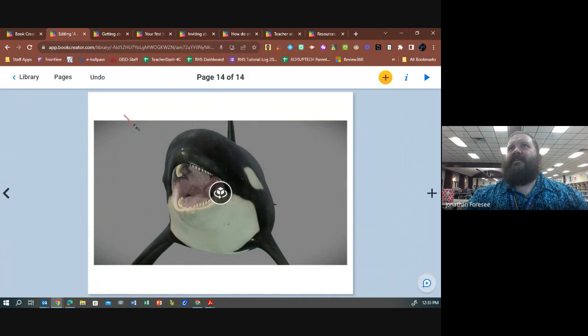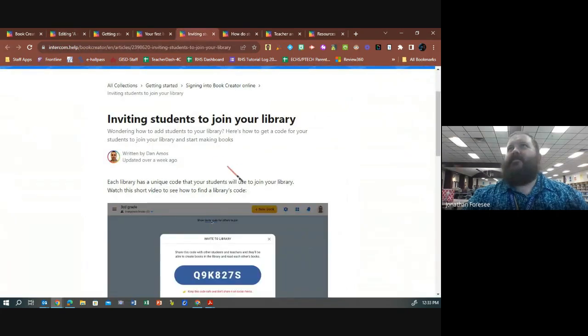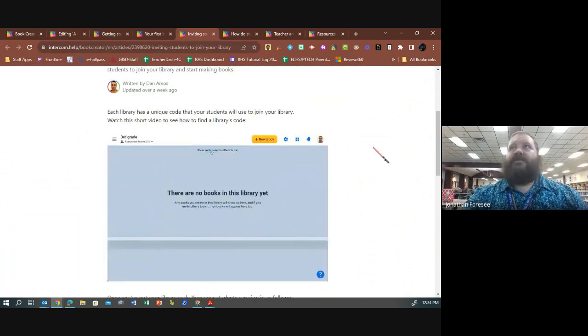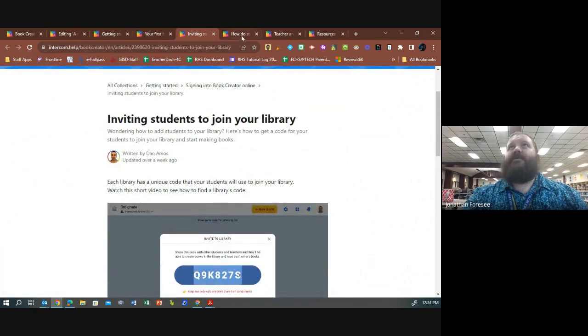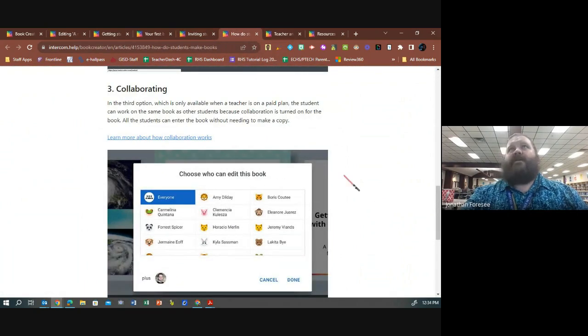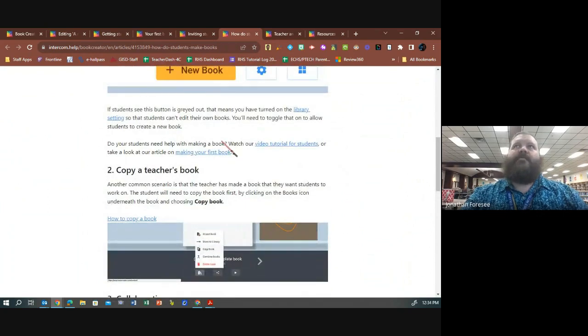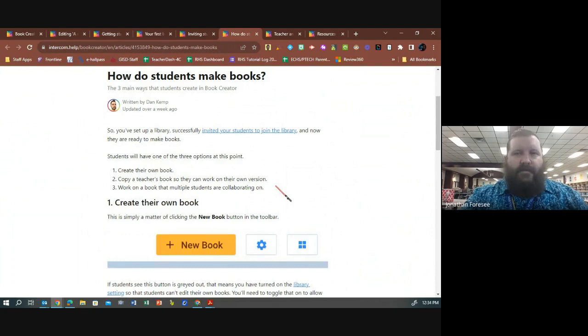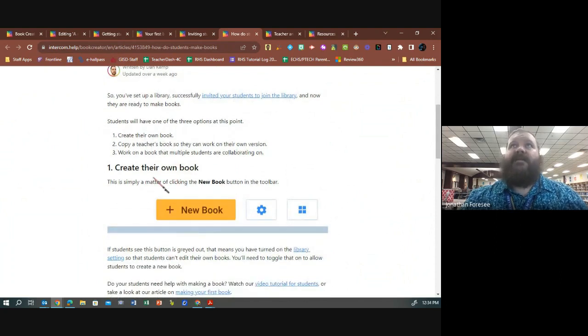Here we go. Okay, so that's different things. You can invite students to your library using codes, and you can do a bunch of different things like collaborate. Well, here they said we were able to collaborate when we were playing around with it, but I've read here that now we might have to take a look. You might have to have a paid subscription, so it might be something to look into to see if your students can collaborate. So you successfully invite them to the library, and then they can create their own book, or